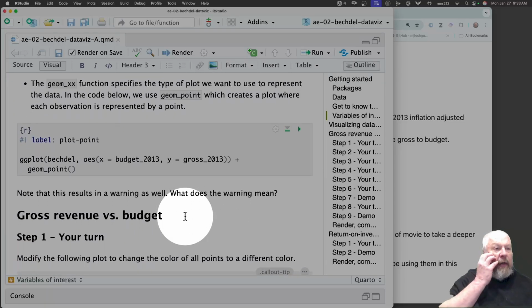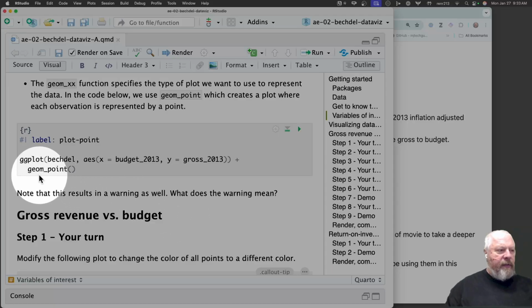What we're going to do now is start actually putting some data onto the axes. And the way we do that is with some things called geoms, so geometries. So what we're going to do is plot these as points. We're able to continue a line by using this plus sign, and we click on Go,